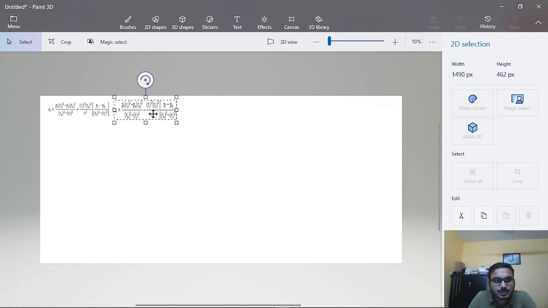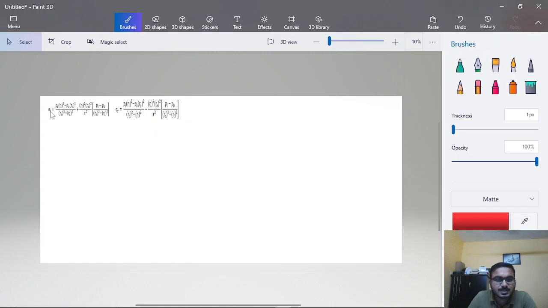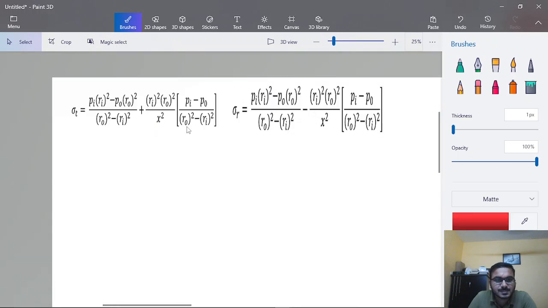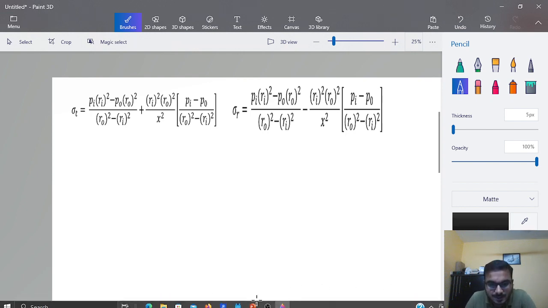So we will be using these two equations for the tangential stress and the radial stress. Okay, so let's begin now. As you recall, in this figure